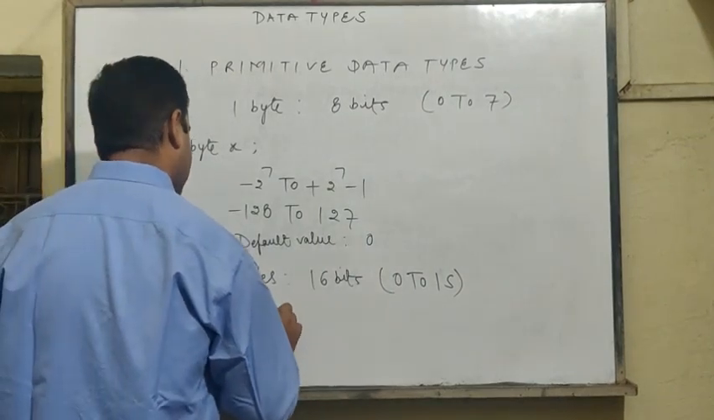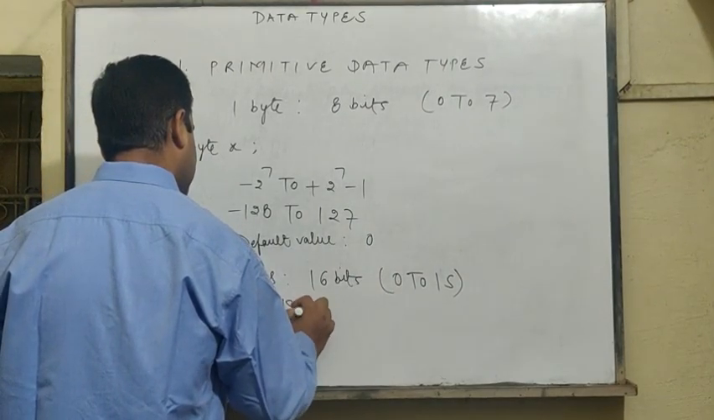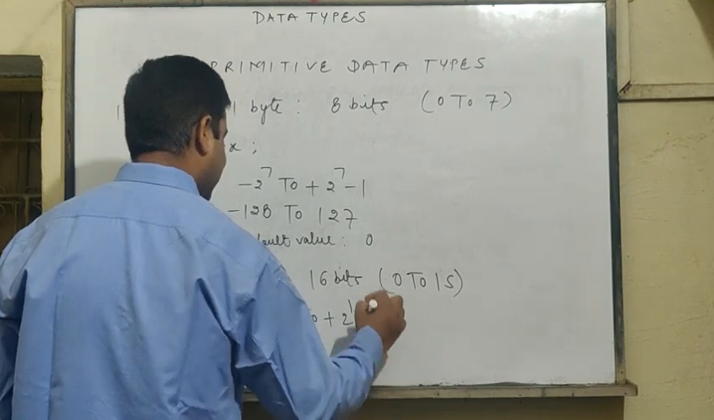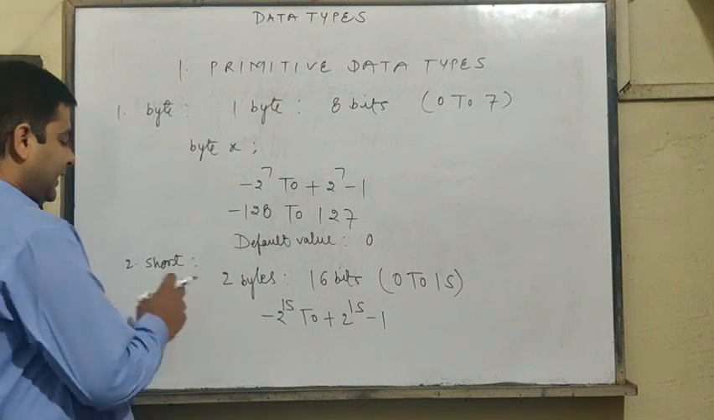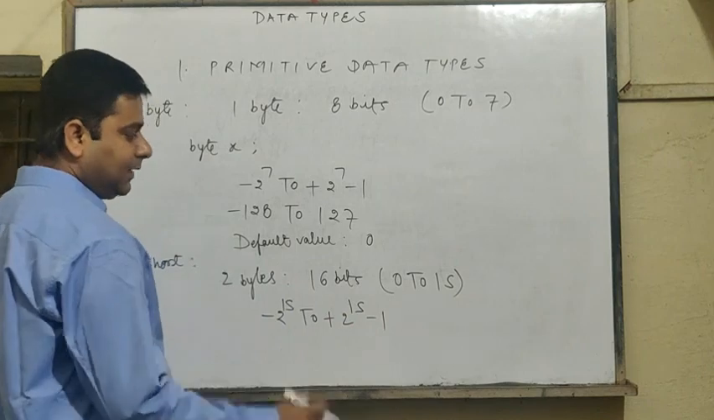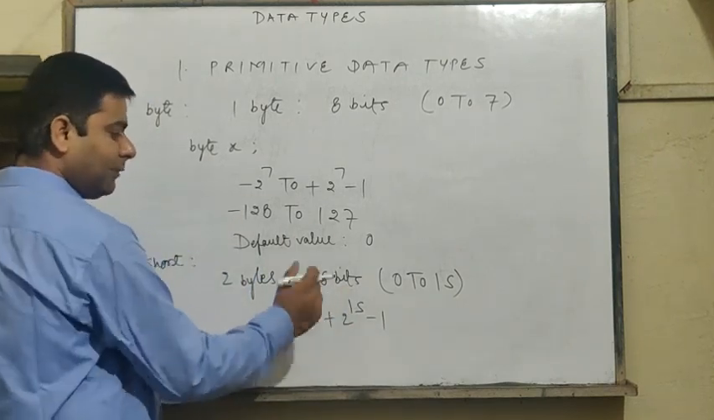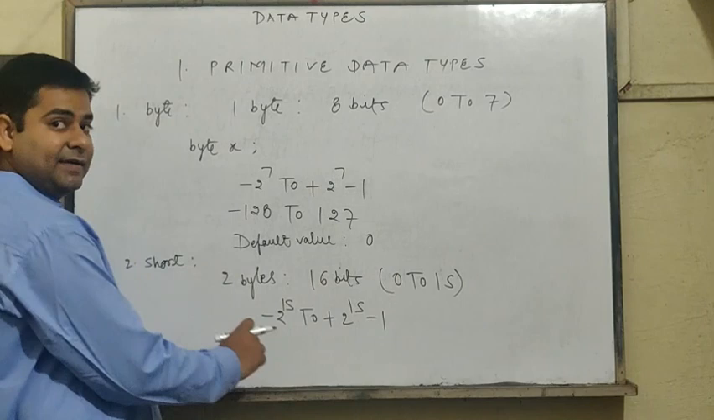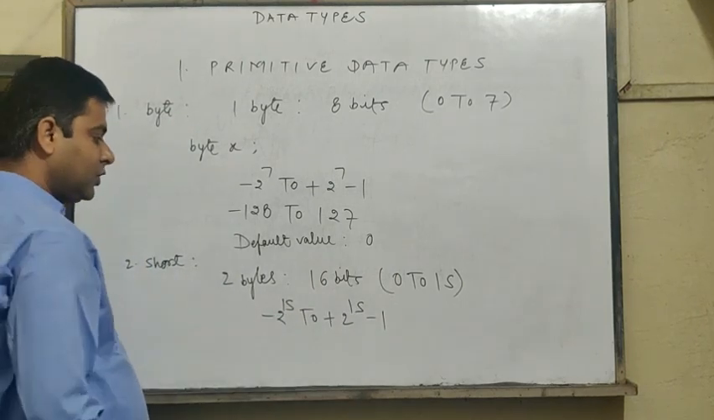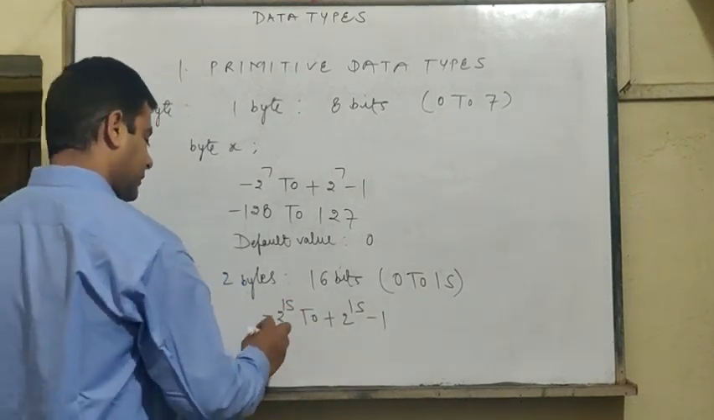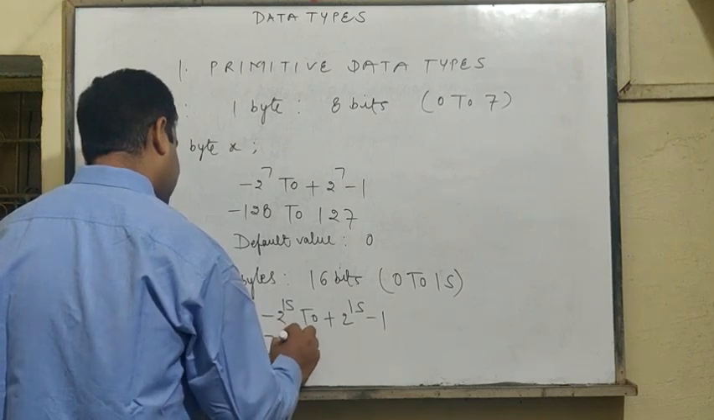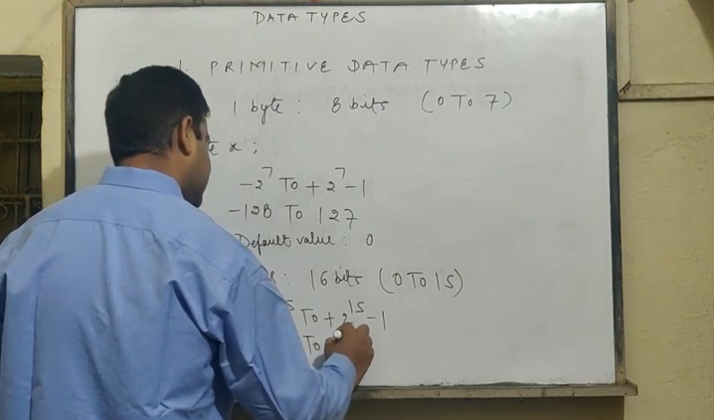So its size will be minus 2 raised to the power 15 to plus 2 raised to the power 15 minus 1. Short integer data type assumes 2 bytes of memory. 2 bytes means 16 bits, and bits are always counted from 0. So 0 to 15, how many bits will be there? 16. So size will be calculated as minus 2 raised to the power 15 to plus 2 raised to the power 15 minus 1. When you calculate this power, 2 raised to the power 15, you will get minus 32,768 to plus